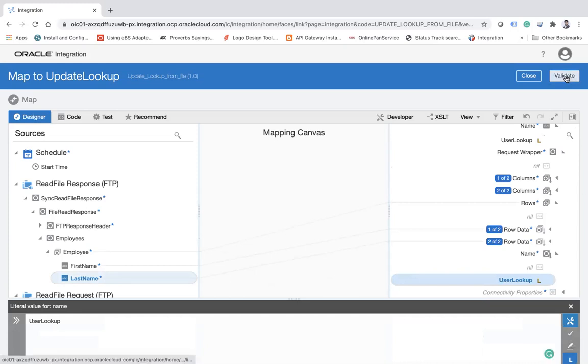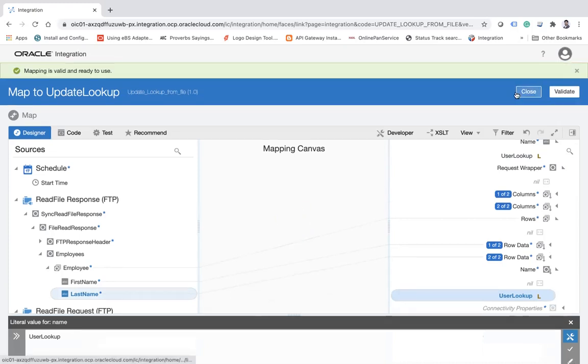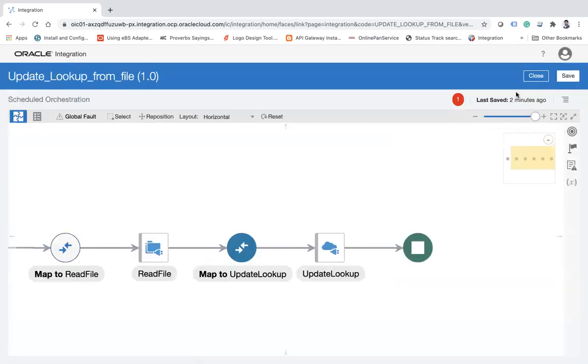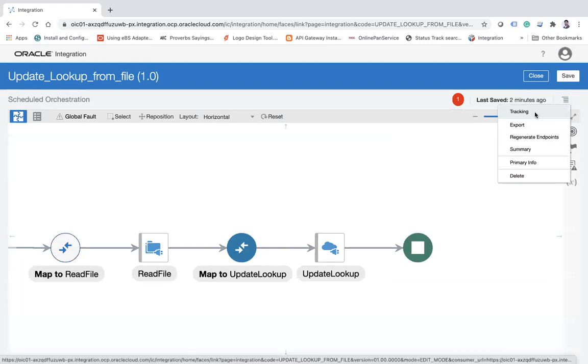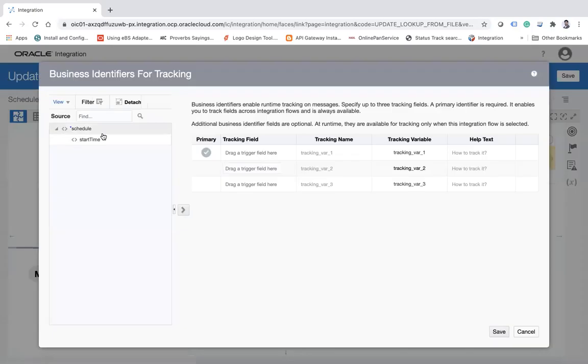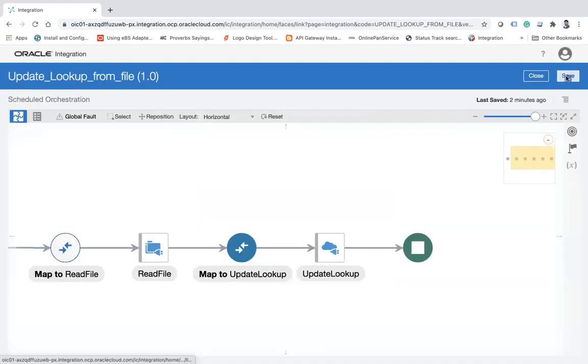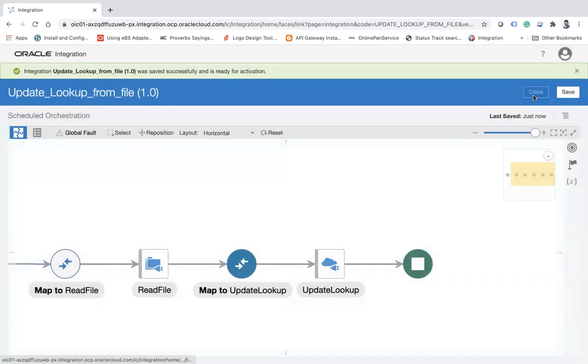Click on this validate and let's see. Validated, close. Okay, now let's enable the tracking and we'll see what will happen. Save your integration, save it, and then close it.